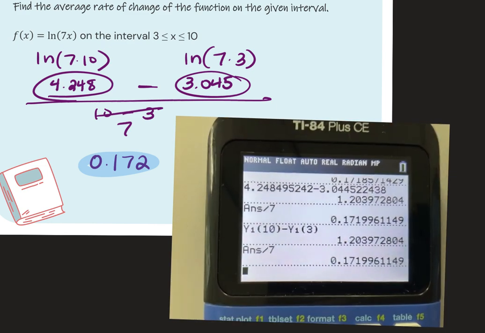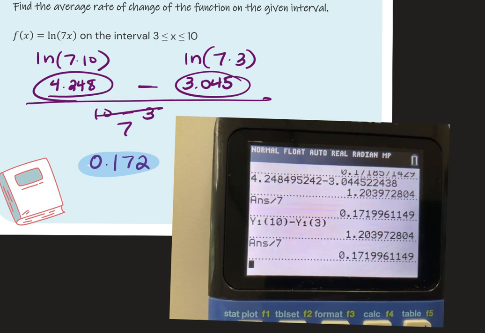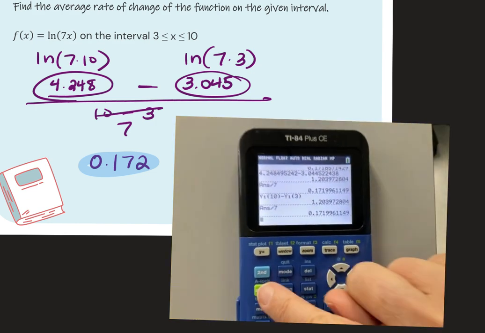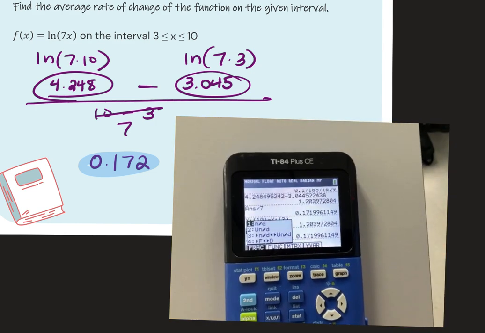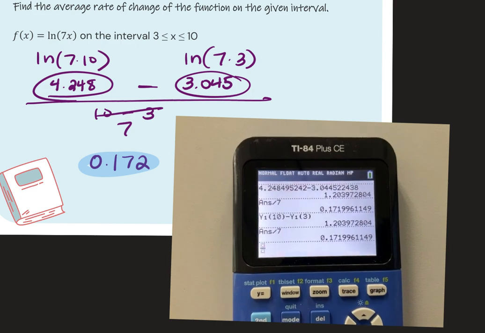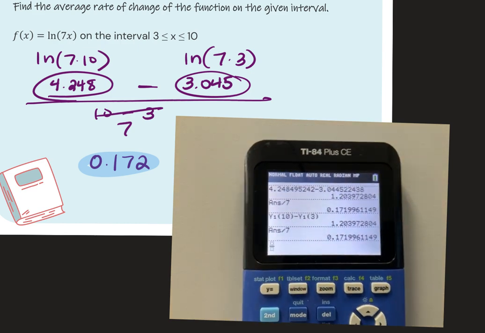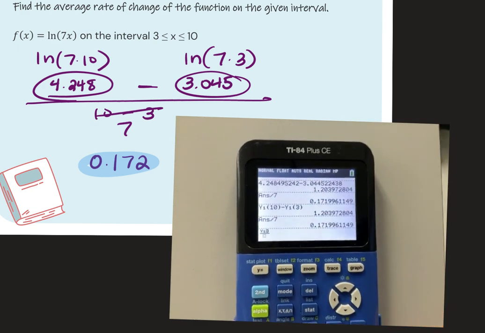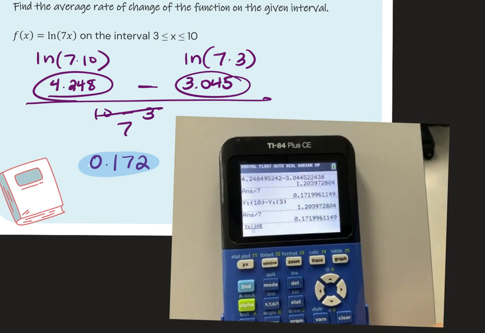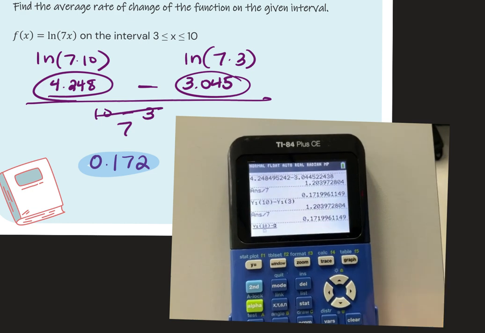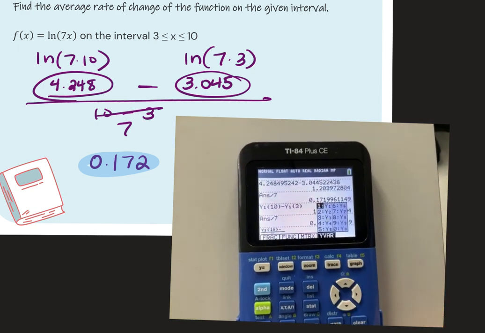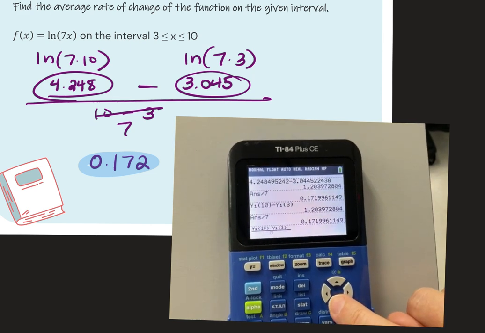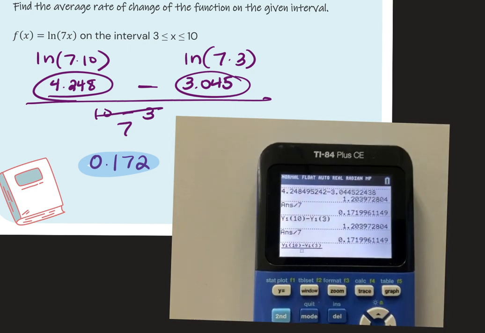I'm going to show you one more way to do it, okay? And that is put that whole thing in one fraction. So if I go alpha y equals, I'm going to create a fraction. Remember, some of you have the shortcut button, but I have to use that one. And then I'm going to do alpha trace y1, open parentheses, 10, close the parentheses, minus alpha trace y1, open my parentheses, 3, close the parentheses, and in the bottom, this time it was easy to do 10 to 3,